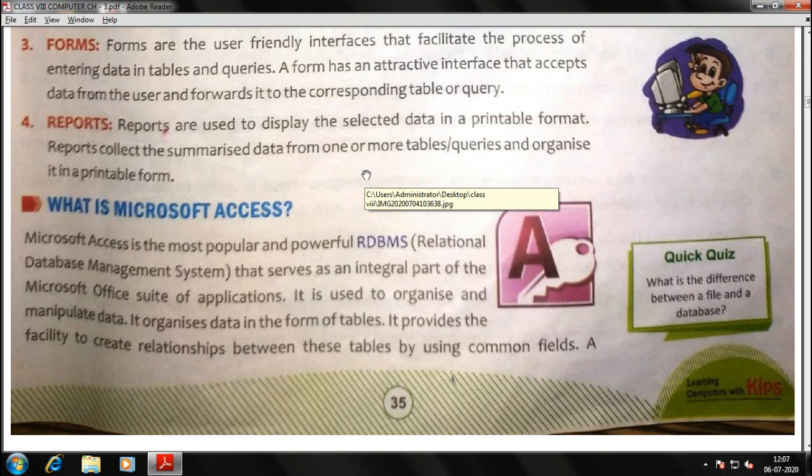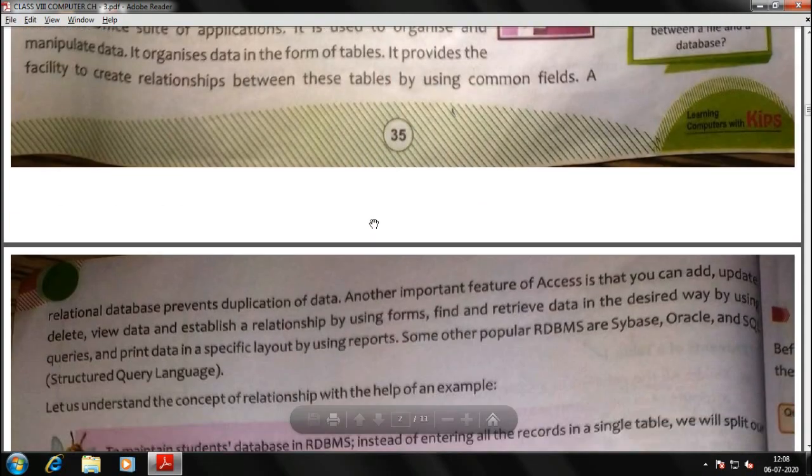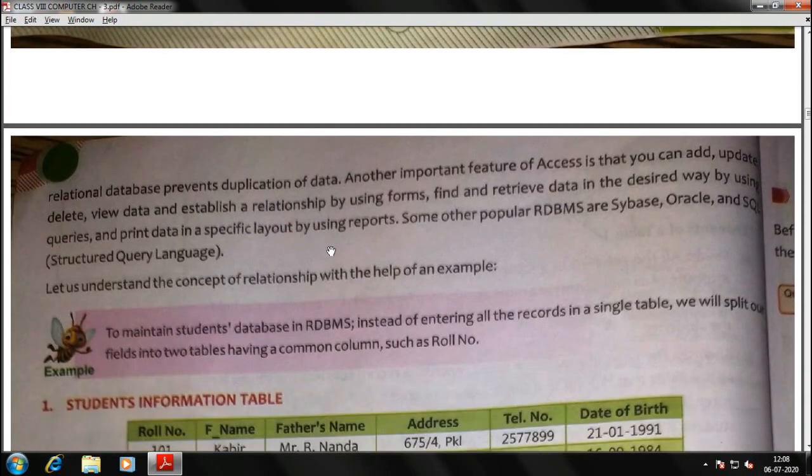So it is very easy for a user to search the data from different tables rather than searching from a single table which has a huge amount of data, and the chances of crashes are there, right? A relational database prevents duplication of data. Yes, data redundancy is not there, right?